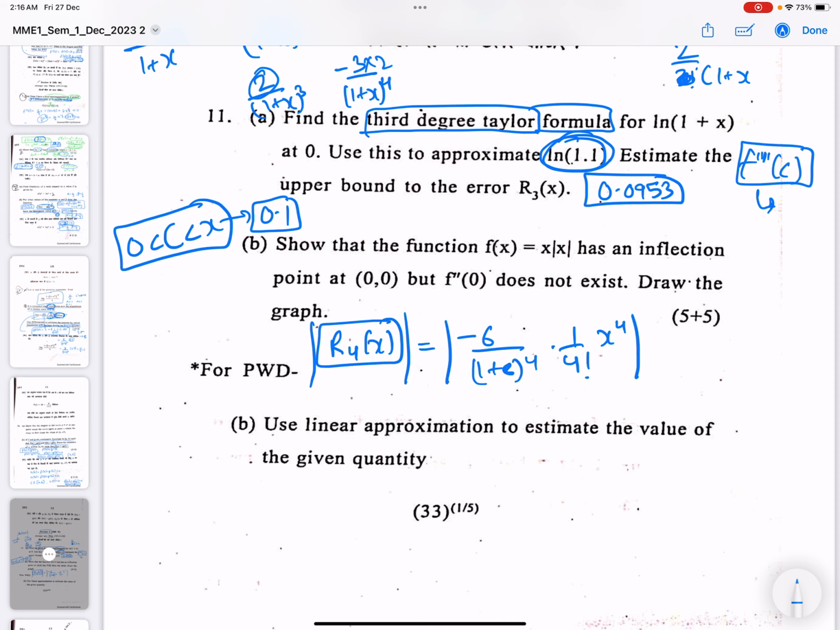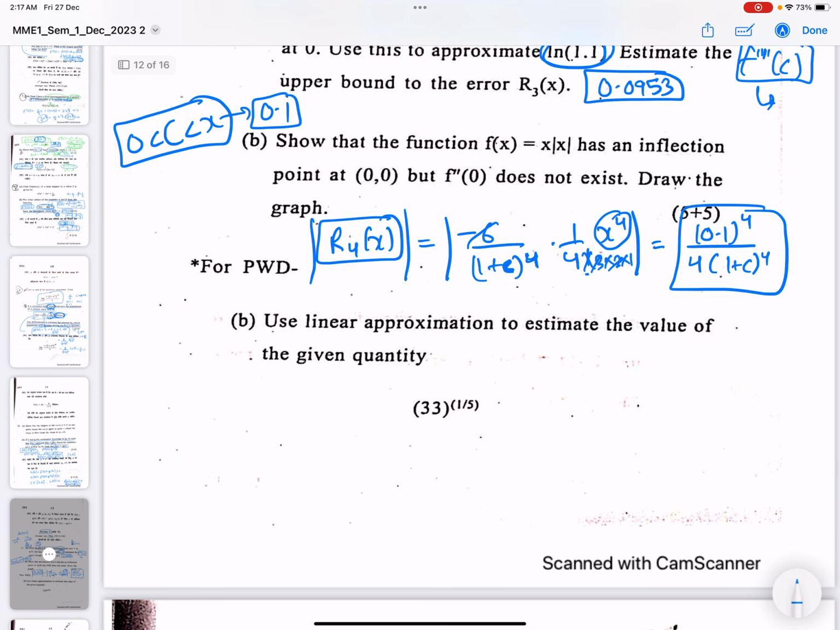So we know this would be, if we take the value of x, which is 0.1 to the power 4, minus 6. Talking about minus 6, 4 into 3 into 2 into 1, so this cancels out. So the mod value would be 4, 1 plus c to the power 4. This would be the value of the remainder. And we can see 0.1 to the power 4 upon 4 into 1 plus c to the power 4 would